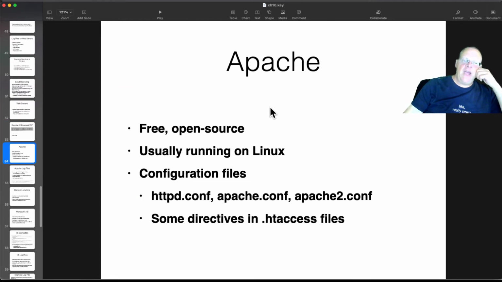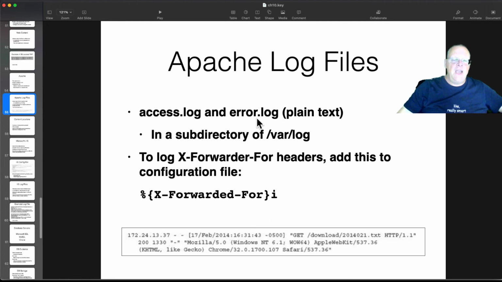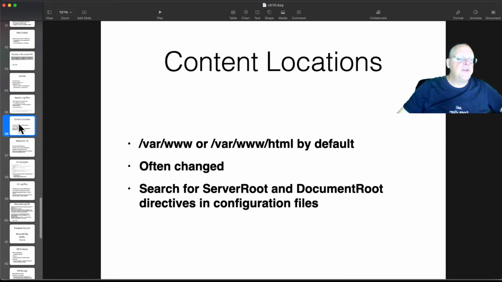So Apache is the free open source web server. You can run it on Windows, but most of the time people run it on Linux. It's got configuration files, and you can also have htaccess files restricting access to certain directories. And you have log files, access log and error log. And so you can put this in the configuration file if you want to have these X-Forwarded-For headers, and you'll just see here's somebody on a certain date and time performing a GET to try to download this text file,